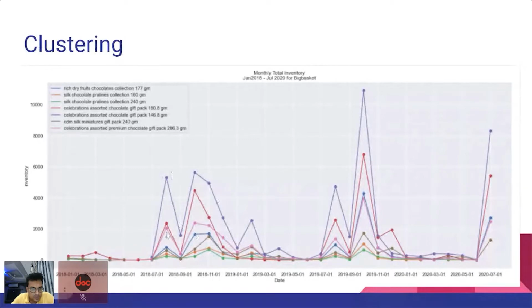Now, if you notice, on the x-axis we have dates, and on the y-axis we have sales of a particular product. There are multiple lines in the graph, and each line corresponds to a particular product that you can see here. Right, so the purple line here corresponds to Celebration Assorted Chocolate Gift Pack. And then the red line corresponds to Celebration Assorted Pack, which is 180 grams, and purple one is 146 grams, right? So essentially what you notice here is that when we start in Jan of 2018,